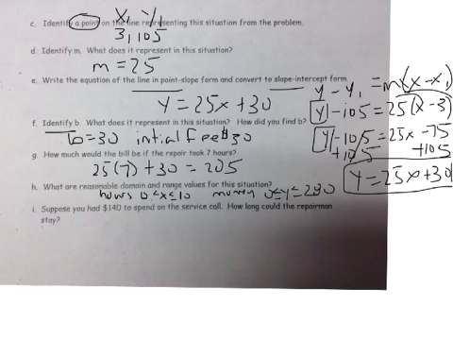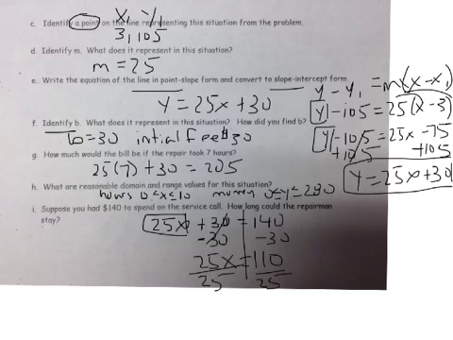Last one says, suppose you have $140 to spend. How long could you do a service call for? Well, we know it's $25 per hour plus a $30 fee equals $140. So this is just an equation that we solved back in the first semester, or the first 6 weeks. Subtract 30 from both sides, because that's your fee. Once you take out the fee, you have $110 left over, and you're going to divide that by the 25 he charges per hour. So 110 divided by 25